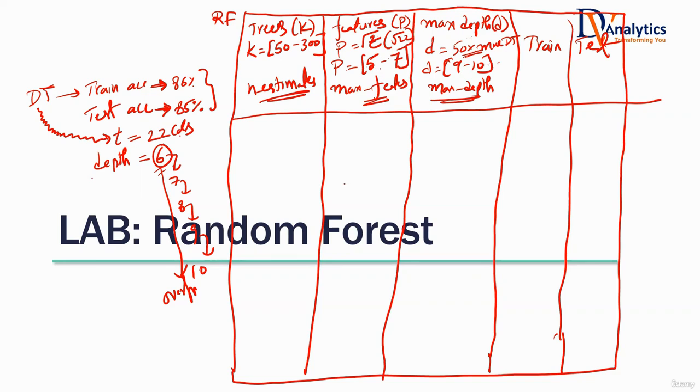What I want you to do in this classroom right now is all of you must try different trees and different features in the given range. Try this range, try this range, try this range. Once you have the highest accuracy on train data with matching accuracy on test data, put 5 numbers in the chat window, otherwise it will be confusing: trees, features, depth, train accuracy, test accuracy. Go ahead. Once you can beat this 85, 86, once you have a better model than the decision tree, give that result in exactly 5 numbers in the chat window. Go ahead.